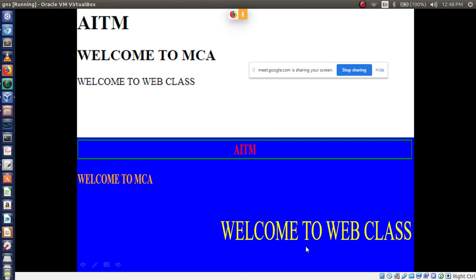And also the colors are changed. Here I am using different tags: AITM is one tag, welcome to MCA is another tag, and welcome to web class is another tag. Let's see how to use an external style sheet and how we can apply these styles on these tags.